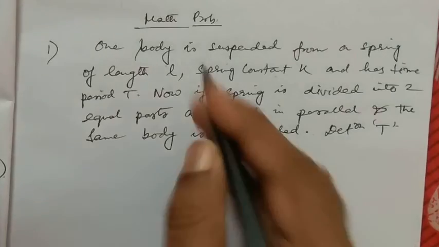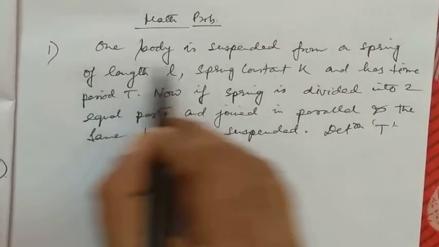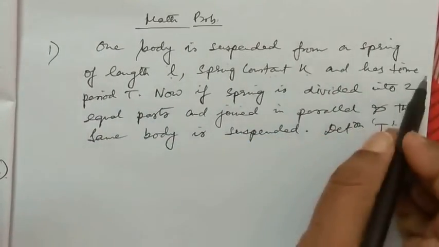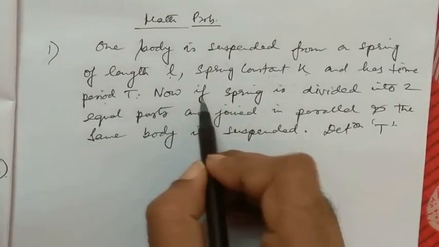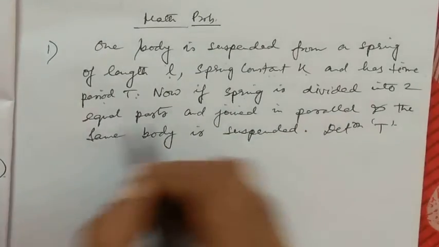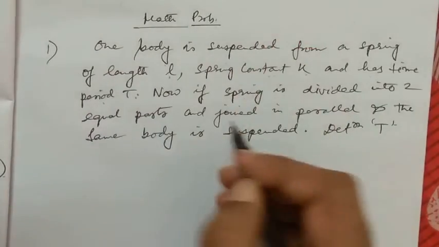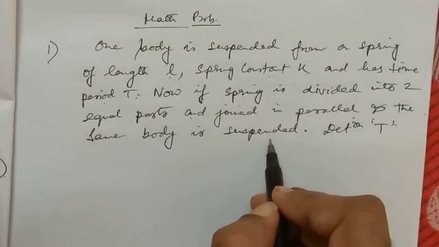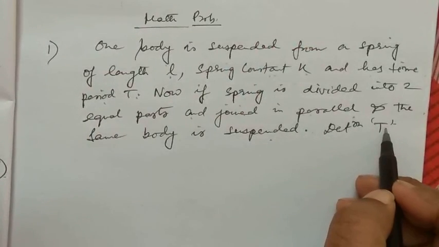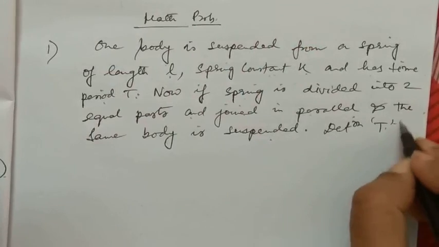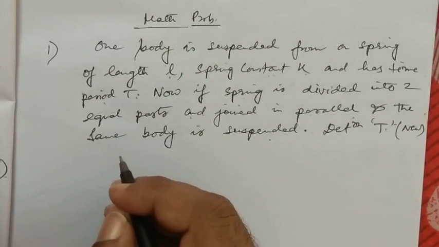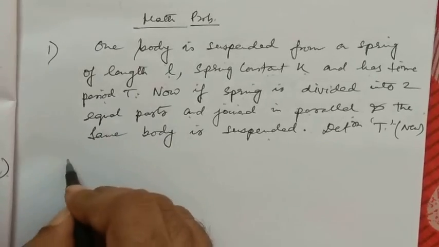Now we discuss some math problems. The first problem: one body is suspended from a spring of length L, spring constant K, and has time period T. Now if the spring is cut into two equal parts, halved, and joined in parallel, the same body suspended, determine the new time period. Very simple problem. Now the spring constant combination, for the solution we can